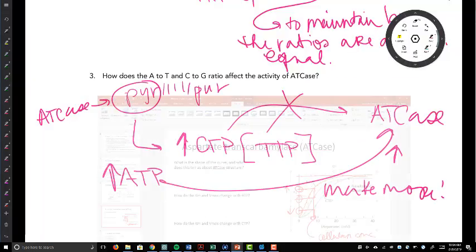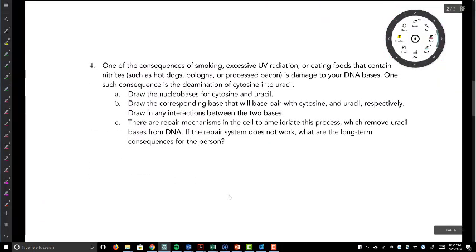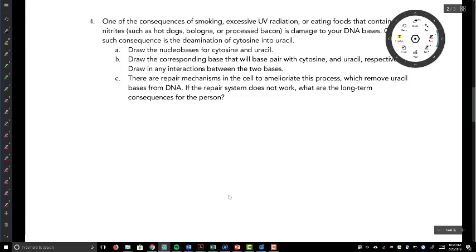So we know why we talked about base pairing. We understand base pairing leads to the 50-50 ratio. We've tied the 50-50 ratio back into our previous work with enzyme regulation and hopefully gotten a nice refresher for the exam. And so now we're going to talk about what happens when things go wrong with hydrogen bonding,